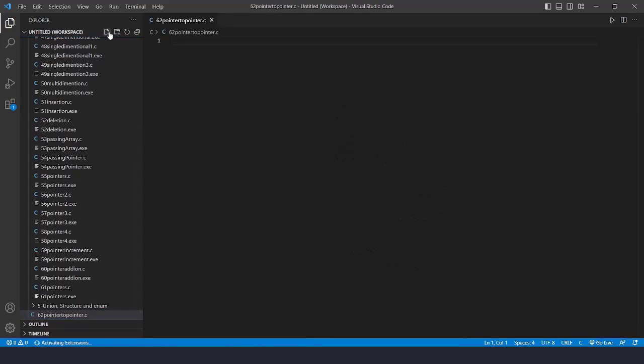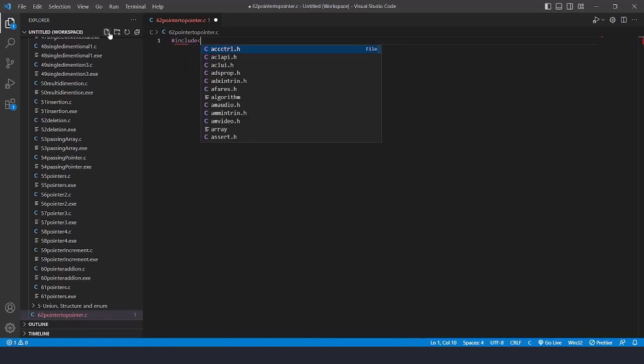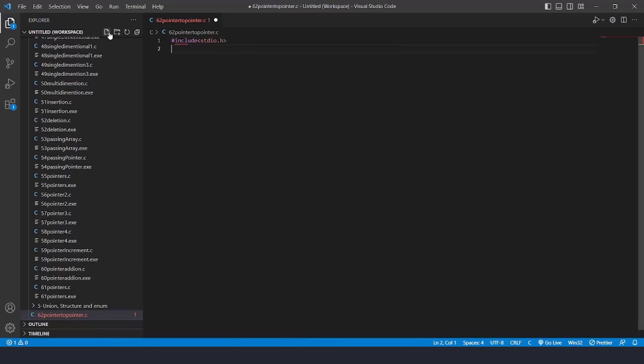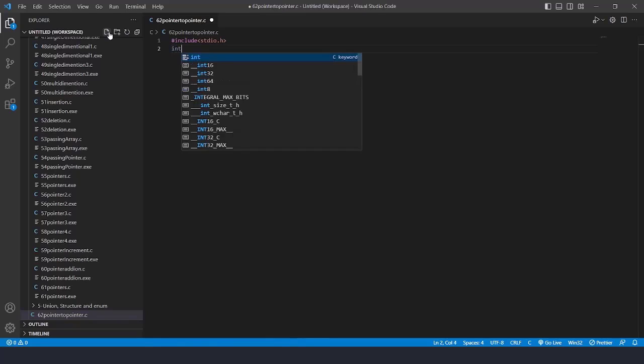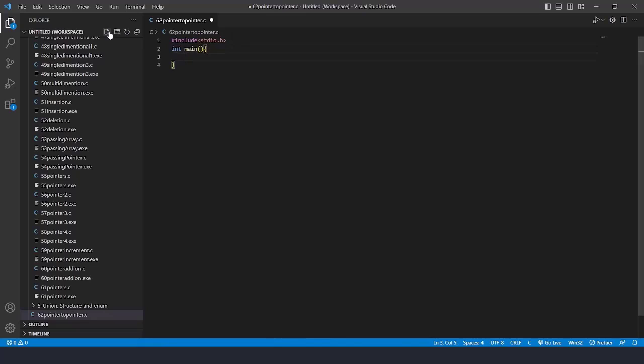Okay, now first thing we have to write the basic template of it. So #include stdio.h. I'll write the basic template, and after that I'll write the main function. So I'll write int main. I've written the main function, and inside that main function I'll be declaring a variable and pointer variable, and to